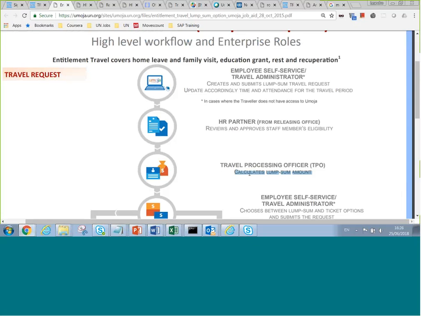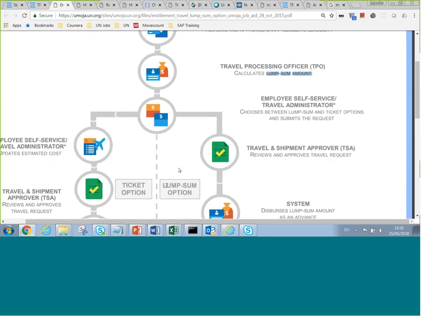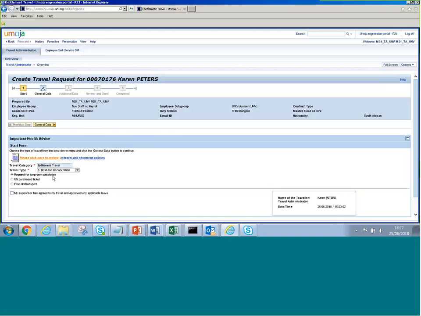So once the TPO has indicated the lump sum amount, you will receive back in your work center the lump sum calculation, and you have the option. Once you see the lump sum, you can decide if you want the lump sum to be paid to the UNV, or you prefer to choose ticket. So as a travel administrator, if you choose this request for lump sum calculation,